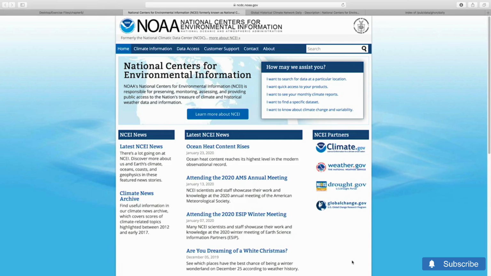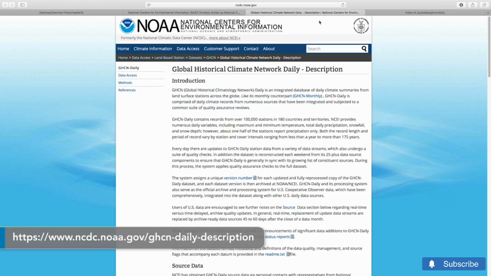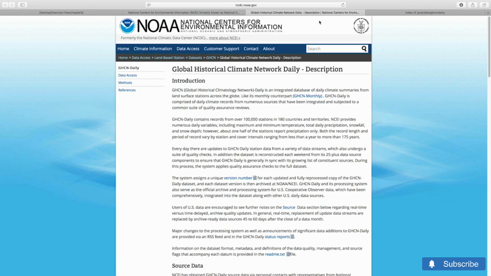In this chapter, we are going to experiment with NumPy on a real-world use case, analyzing weather data from NOAA, the National Oceanic and Atmospheric Administration. The GHCN, the Global Historical Climatology Network, DAILY, is an integrated database of daily climate summaries from land surface stations across the globe. Many in big cities, for instance. Climate summaries, in this case, means variables such as the minimum and maximum temperatures, the total precipitation, and so on.